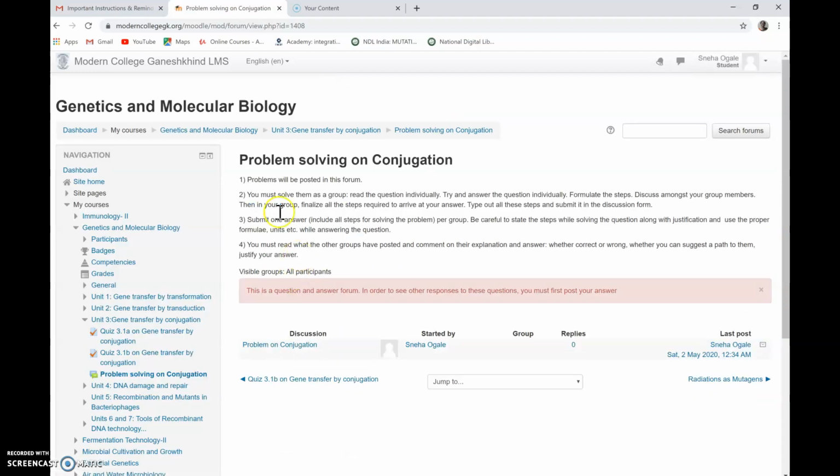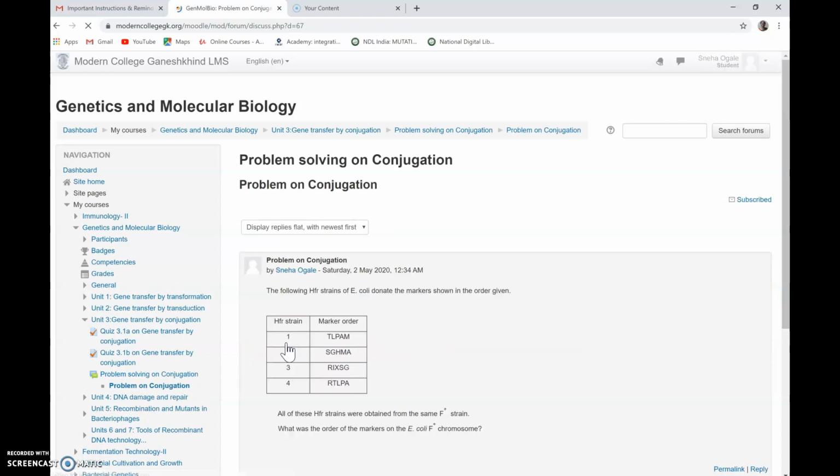Clicking over here will show you the description again, and you will see this post that I have posted. So the problem is located by this link. Clicking on this link, problem on conjugation, will take you to the details of the problem. You are expected to read this problem, and then